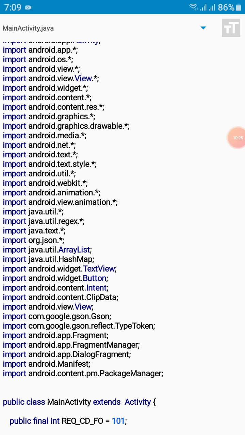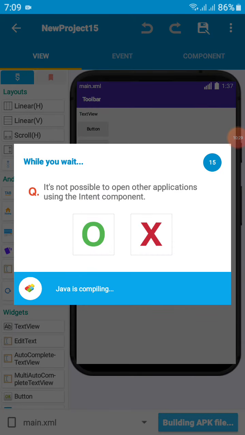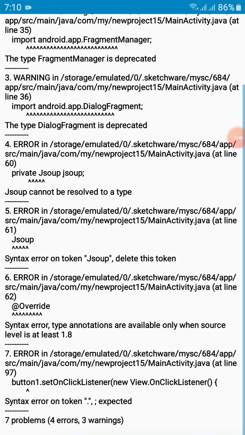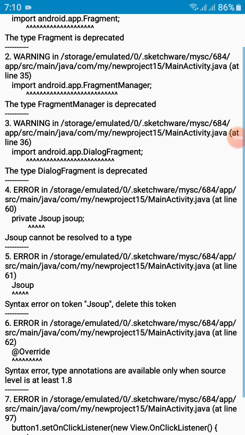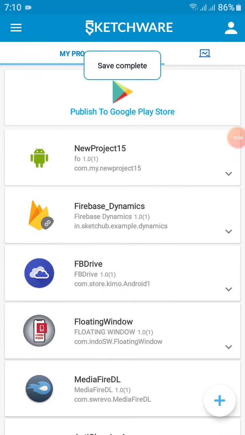So we cannot add components here. You can see I am compiling Java. Oh, delete this token private. Okay, so I wish modders will fix this.